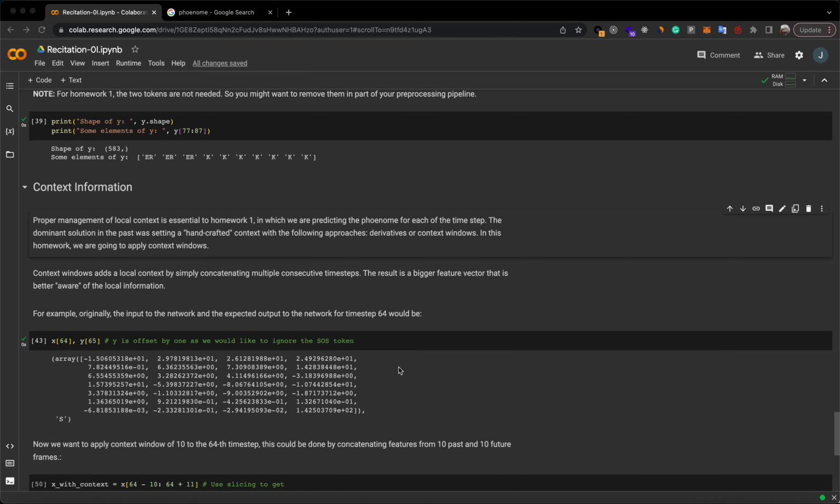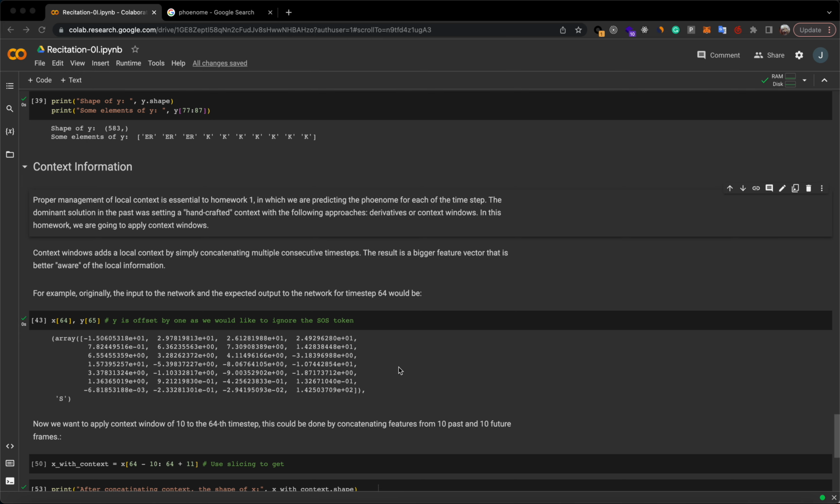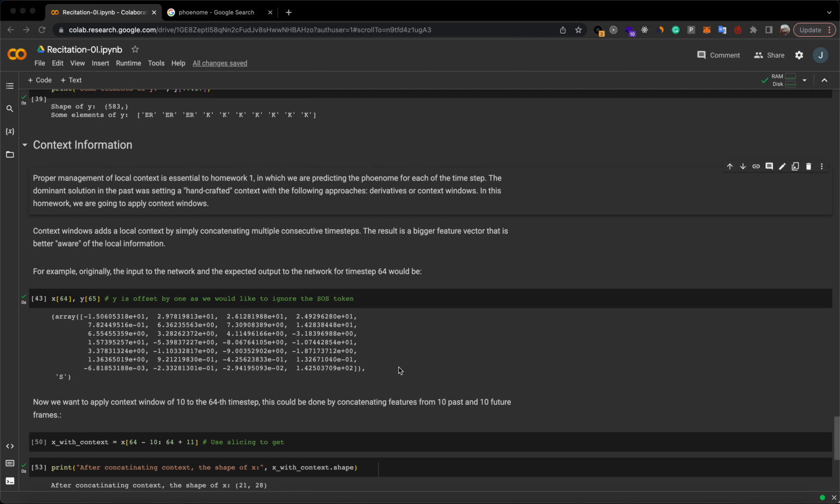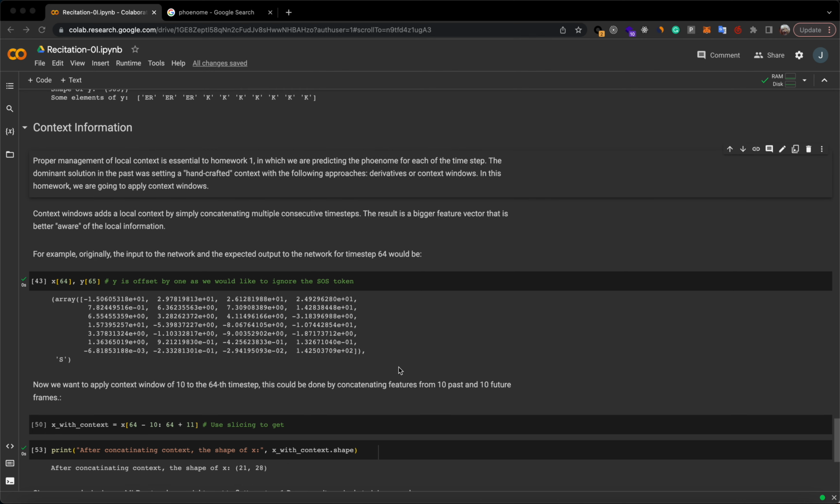Context windows add a local context by simply concatenating multiple consecutive time steps. The result is a bigger feature vector that is better aware of the local information. For example, originally the input to the network and the expected output to the network for time step 64 would be